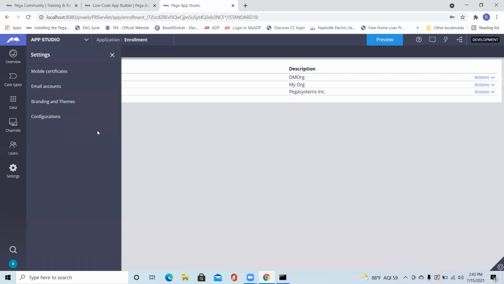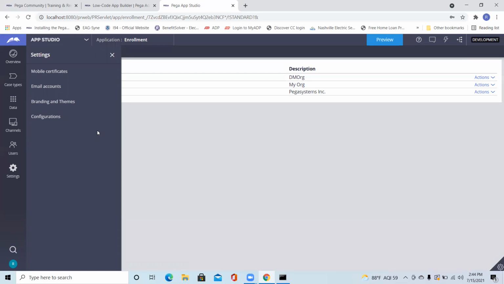Different applications use different techniques to send emails. Even with Pega PRPC, we configure the email accounts. Let's say my organization is my org, so it will be no reply at my org or something like that. I can configure one email account here from which the response will go from the Pega side.